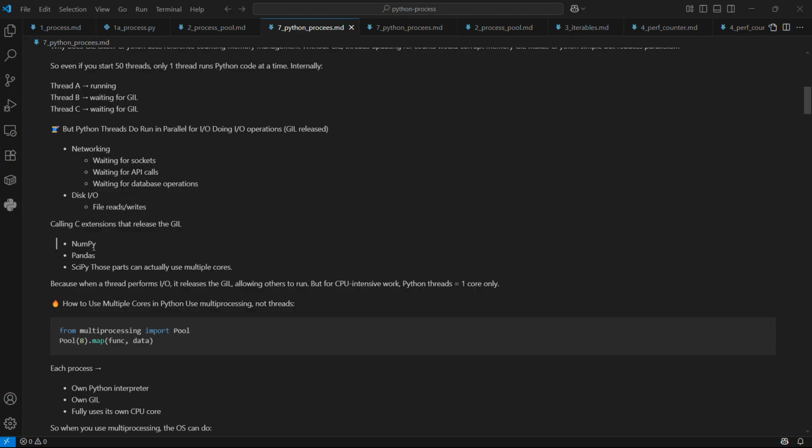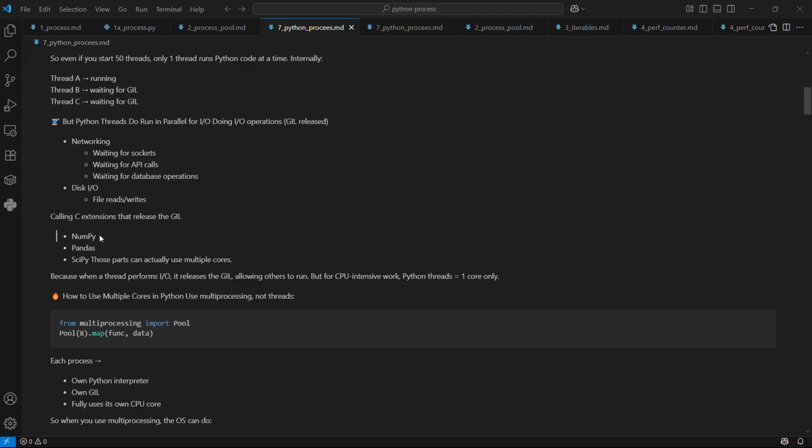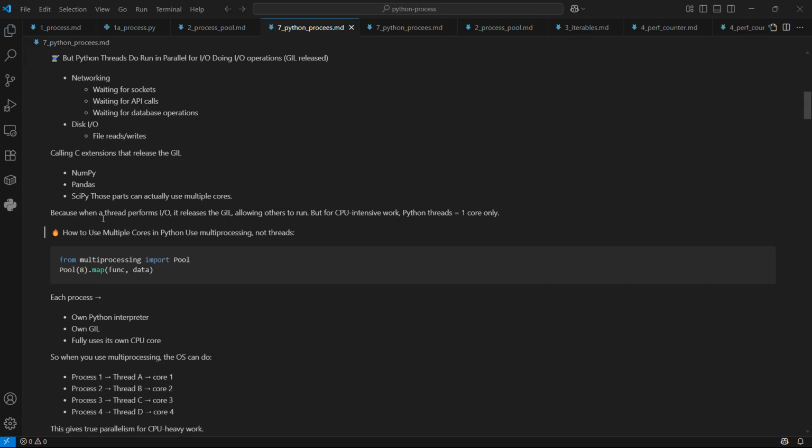So this we can use it. This doesn't have that global interpreter lock concept. So if these libraries we are using, then we are good. Okay, so if you are doing an IO related operation, even since, as I already told, the thread is equivalent